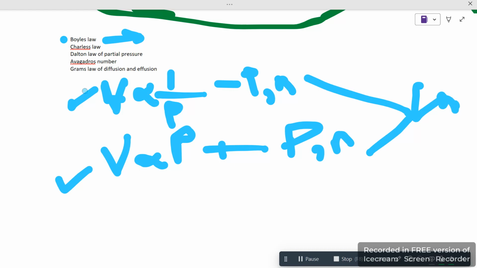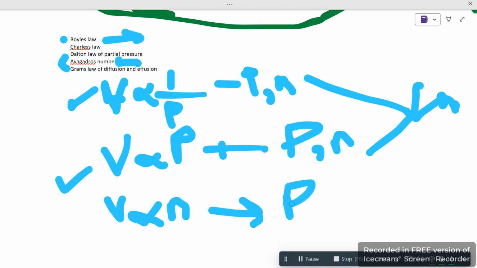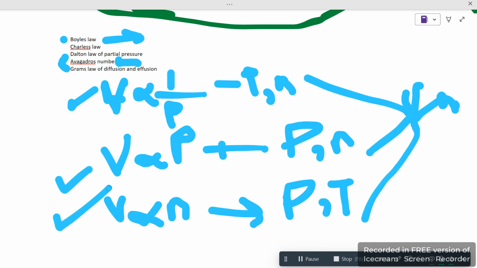Okay, and if we talk about the third, not third, but Avogadro's, because the third and fifth are the conditions, but these all are the laws. Avogadro's law, not Avogadro's number. In Avogadro's law, you should have a directly proportional relation with the number of moles of the gas, and what should be constant would be pressure and temperature. So these all are the laws which we'll discuss, and Dalton's and Graham's laws are also